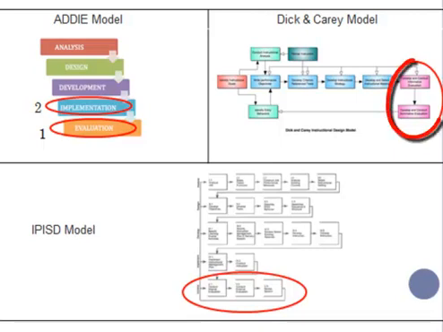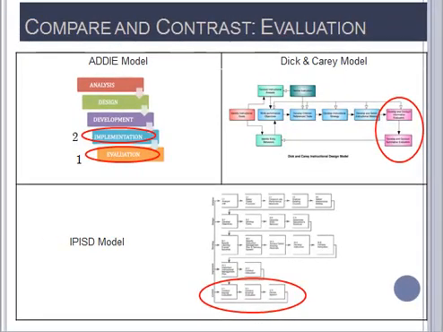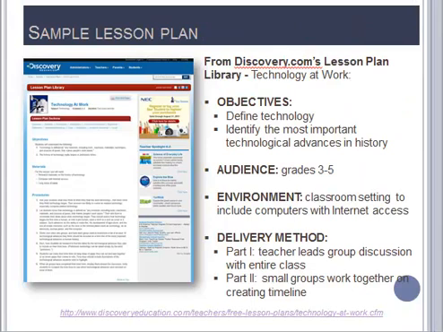The Dick and Carey model includes a summative evaluation at the end of the model, but it also includes formative evaluations at each stage, which may or may not redirect the model for revision. Now that we've compared and contrasted the models at a top-level view, let's take a sample lesson plan and apply